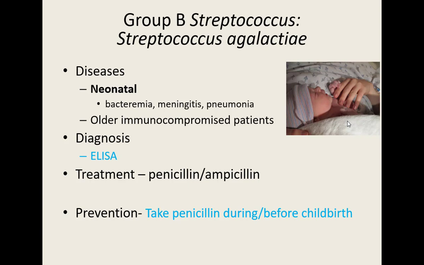This happens on average 3 out of every 1,000 births. And it can cause bad enough bacteremia and meningitis that it can cause blindness in infants. It is a concern. Now, it also can cause issues in immunocompromised patients, but the most cases that we see of it are newborns, that neonatal disease. The best prevention, I'm going to skip ahead, the best prevention of that is that mom